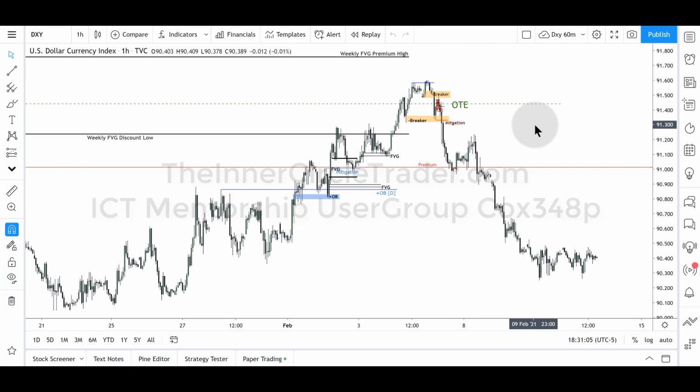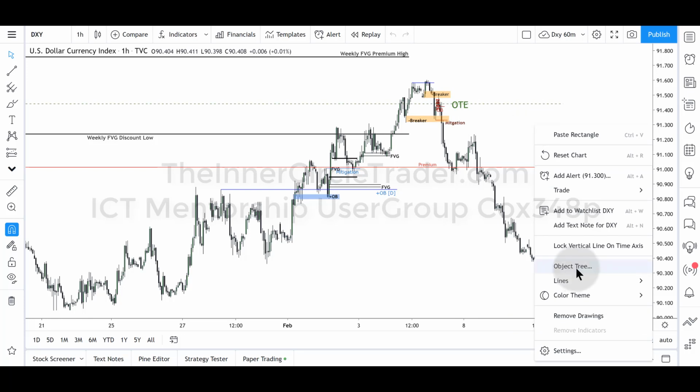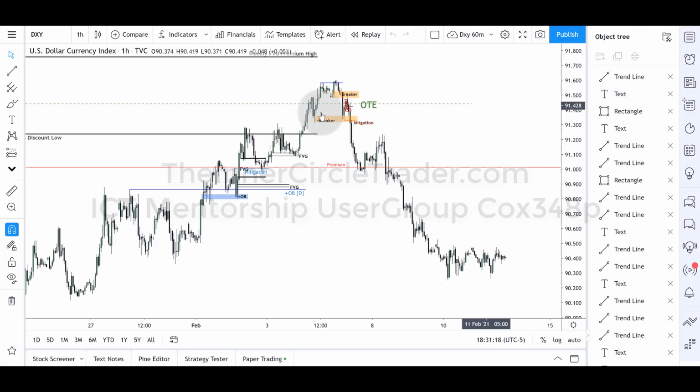You just right click on your mouse on the chart anywhere. When you do that, you're going to see a little object tree. Click that. Watch what happens right here. See how, when I put my mouse over top of the individual annotation, it highlights it? Well, if you go over here, you scrub down until you get to the thing you want to get rid of. Like, say I want to get rid of that rectangle, but I want to keep it, just take it out of the chart. When you hover over top of it over here in the object tree, just click the little eyeball and it'll hide it, but it's still there for you to call back on if you want it back on.